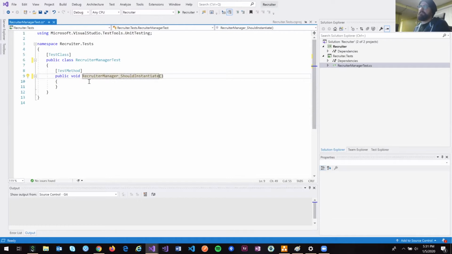I'm trying to follow this, I guess they call it the Shouldly syntax, where it's like underscore should do a thing, underscore when such and such. So usually the first chunk will be the method name, but since we're testing the constructor, the method name is the same as the class. Well, the problem is the class doesn't exist yet. So we're gonna do a little TDD, and